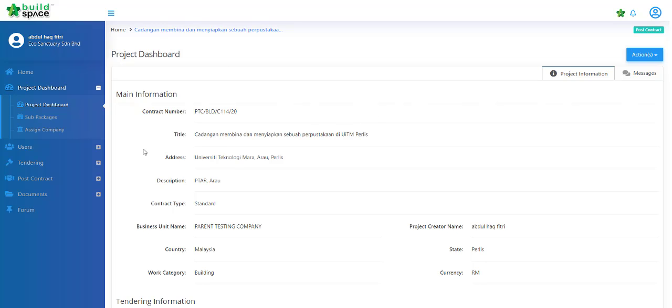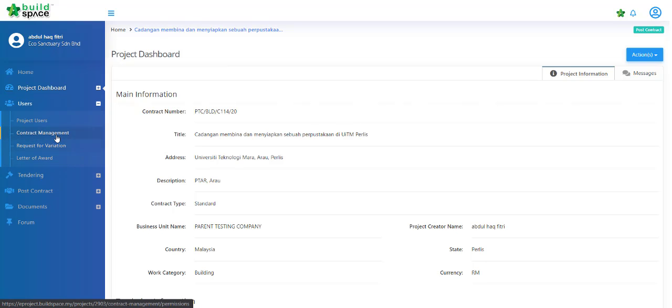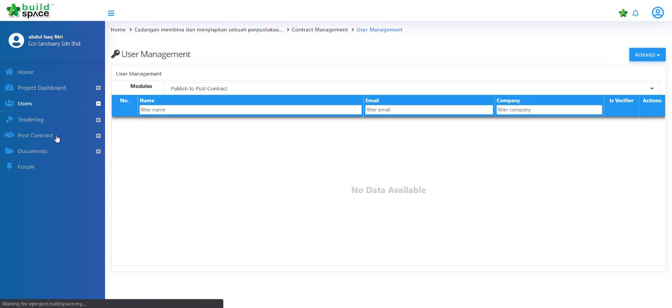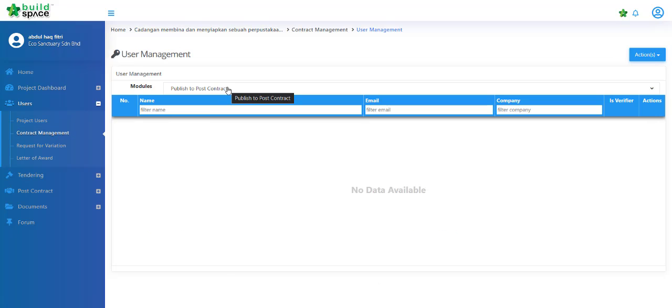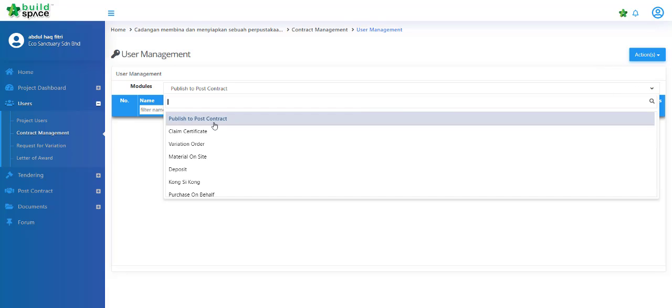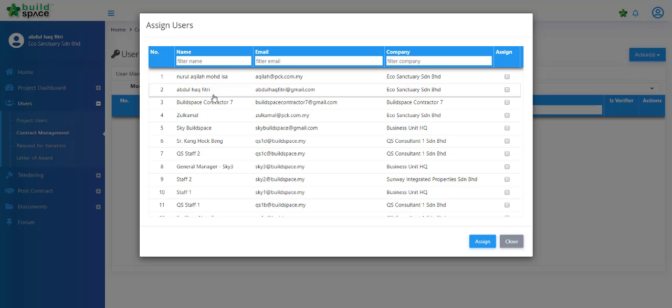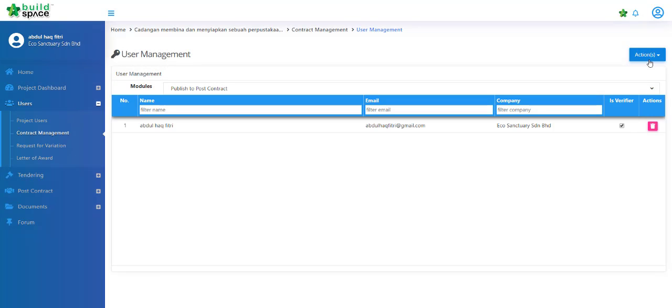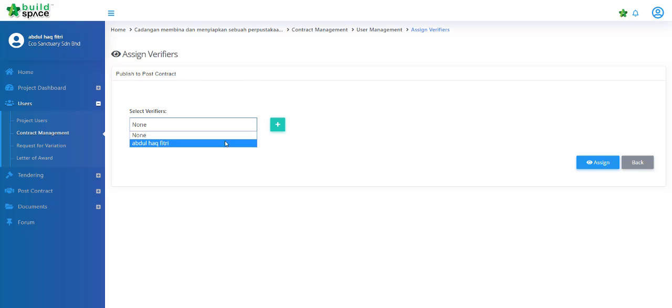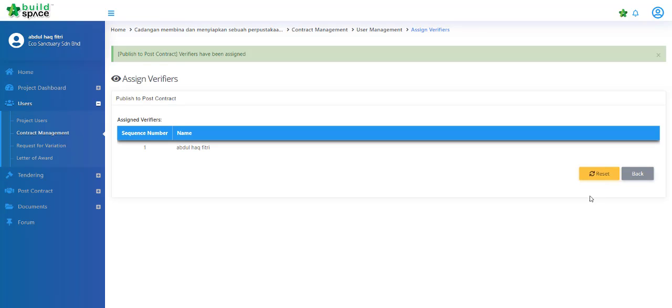Up next, we go to the project users, contract management, and assign publish to post-contract. So here, we need to select a user. Once ticked, click assign, and then we need to assign the user for us to proceed to post-contract stage. So once we click assign,